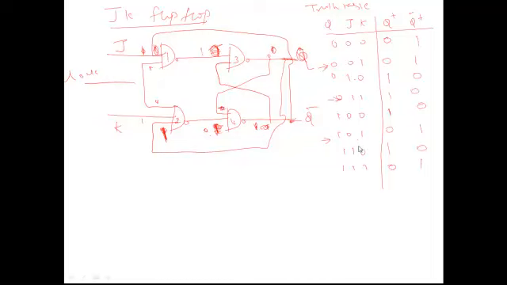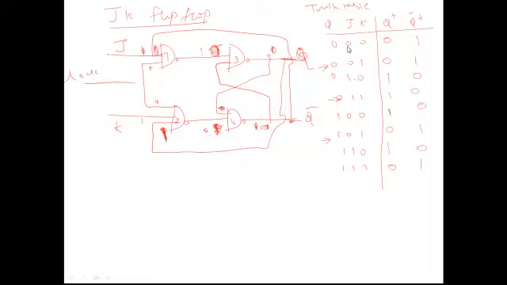So here what you need to understand, the difference between JK flip-flop and SR flip-flop is we are avoiding the indeterminate state. Okay, whenever J is also 1, K is also 1, we are no more having an indeterminate state. We are having a valid state. So Q is 1, Q bar is 0 or Q is 0, Q bar is 1. So we are having only valid state. Okay. So now as I told you, you recollect what is happening in the JK flip-flop.